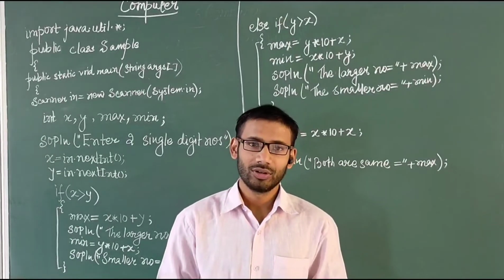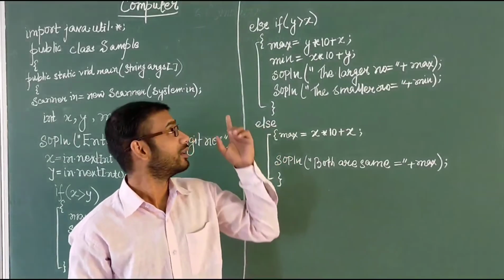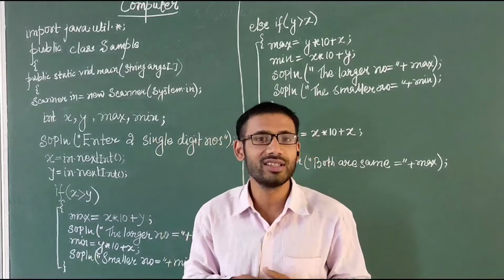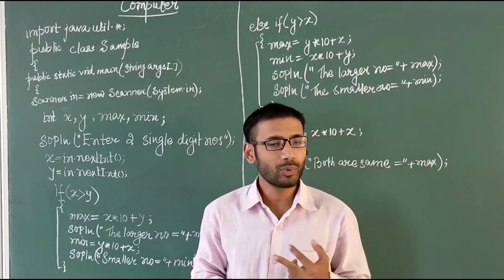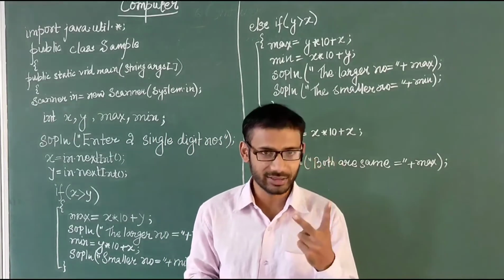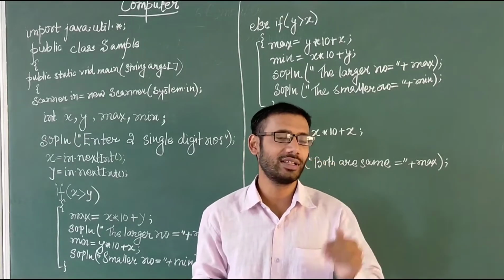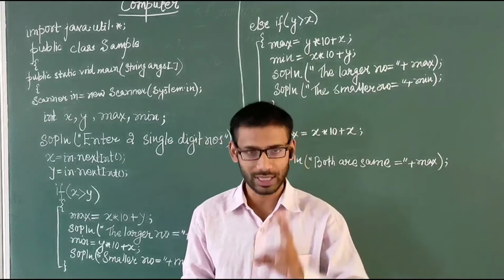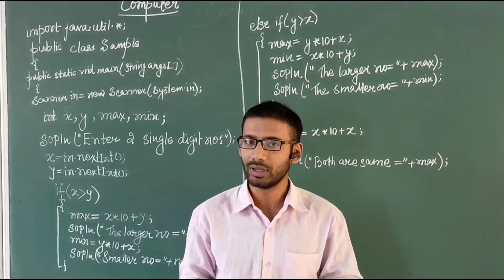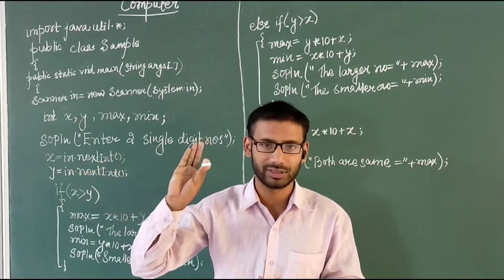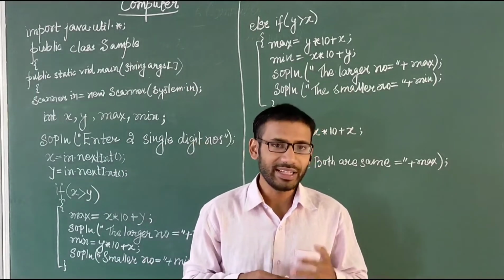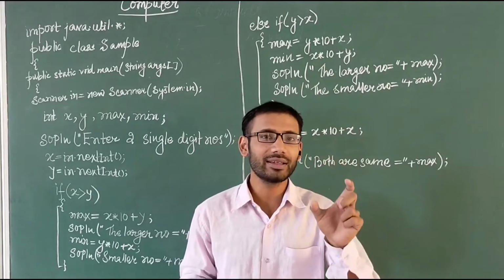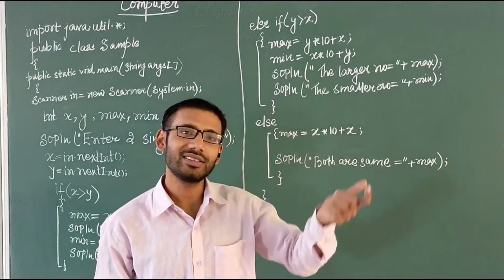Now, proceeding with the next question. This question, just focus on this. The question is, write a program to accept 2 digits. I think you know the difference between a number and a digit. A digit comprises 0 to 9. Understood? And 10 is a number. 10 onwards, all those are numbers. Okay? So now, write a program to accept 2 digits and make a number which is larger and smaller.